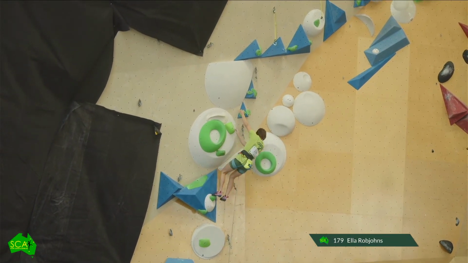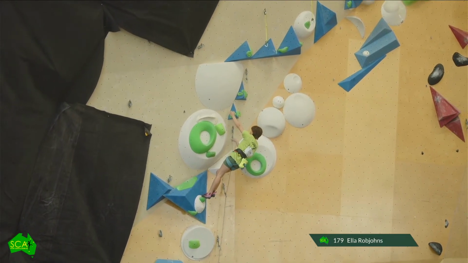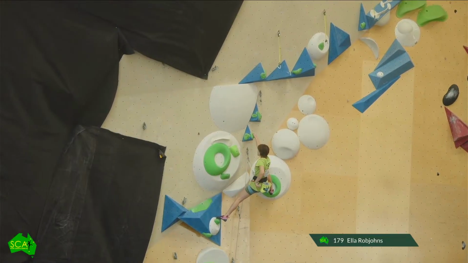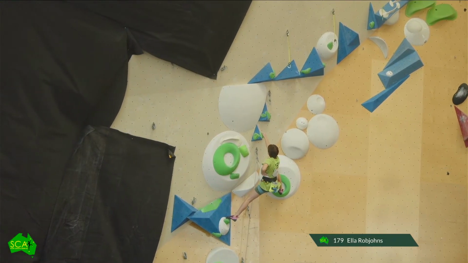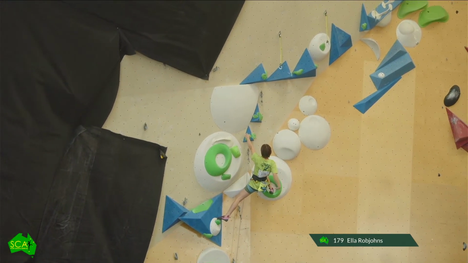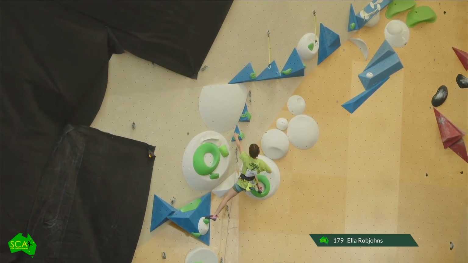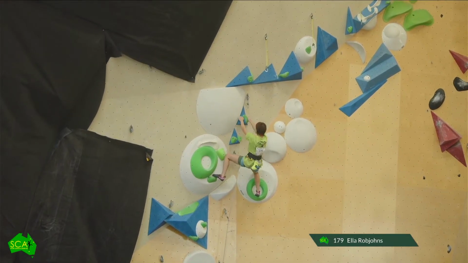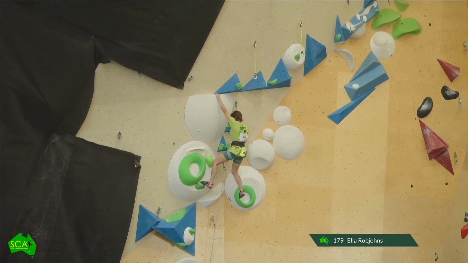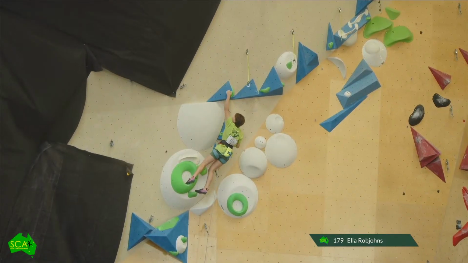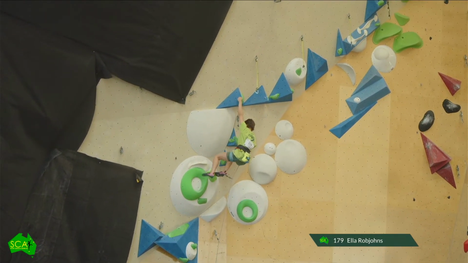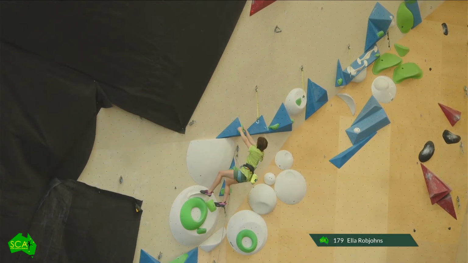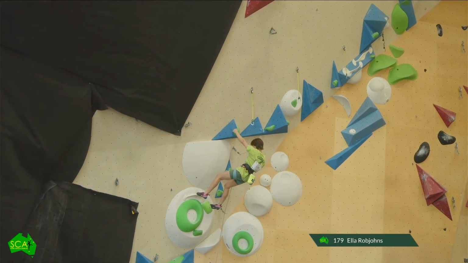So certainly capable of putting something down in the finals here. Moving comfortably through this section. A few of the athletes had a little bit of trouble there, but now she gets into this long traverse pumpy section, which is just a war of attrition really.